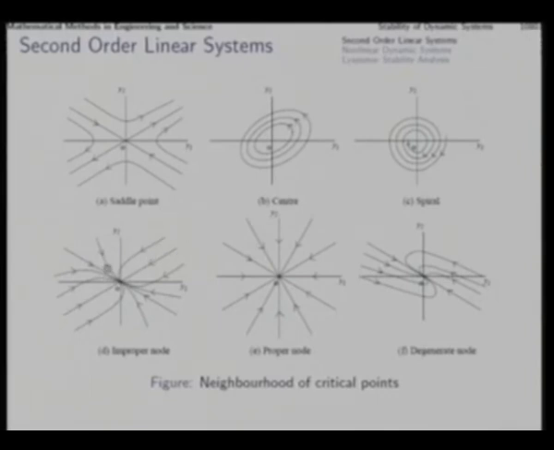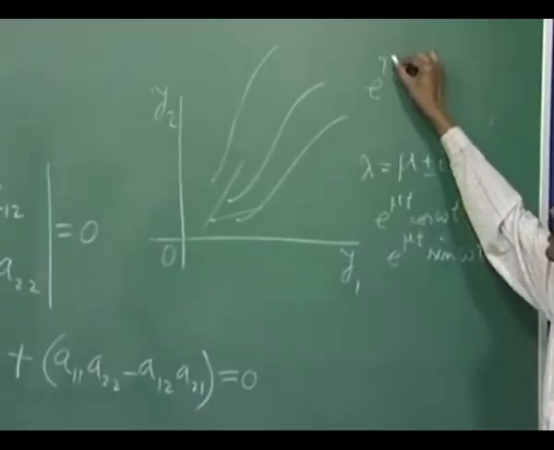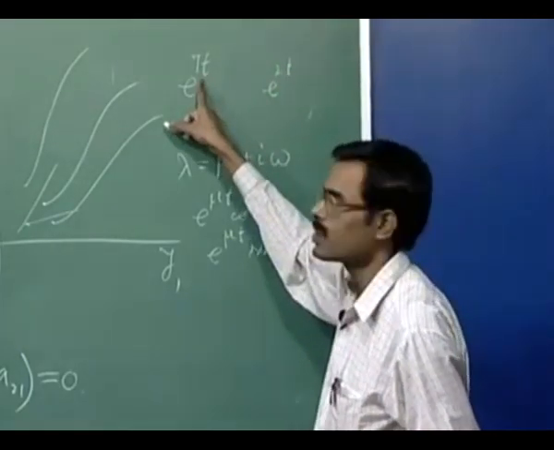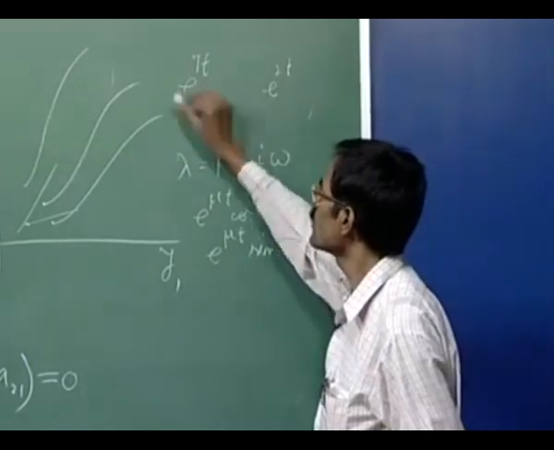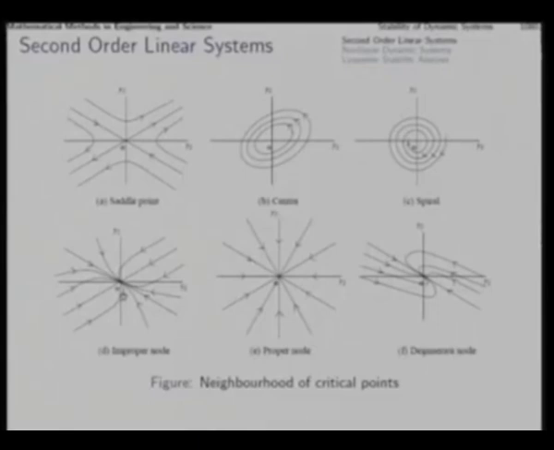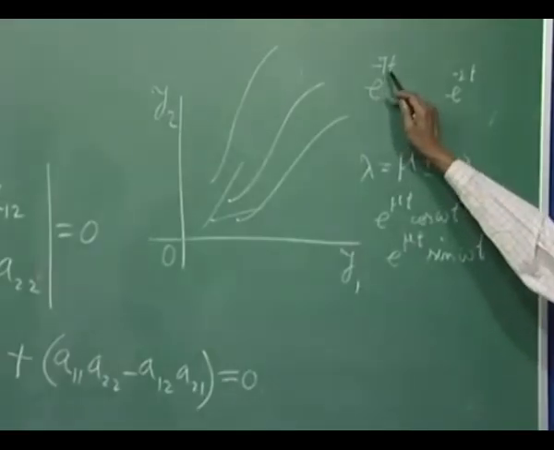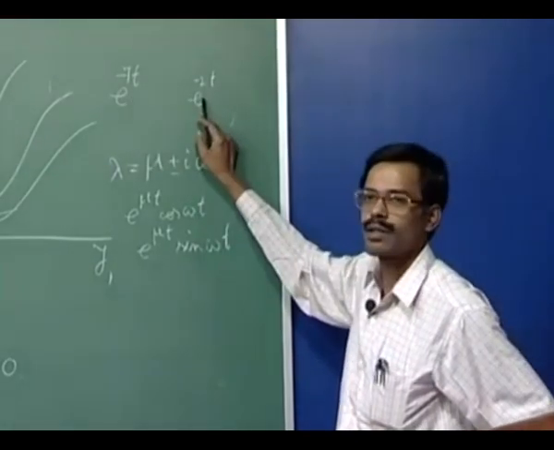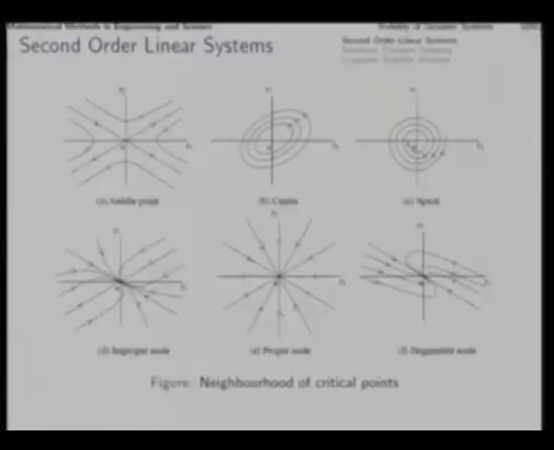But if one of the eigenvalues is large, that means the rate of approach for that particular eigenvector is faster, say e to the power minus 7t and e to the power minus 2t. So, this one is large, this one is small. As t grows, of course, you have negative if you follow this kind of plot in which the arrows are inward. So, this is e to the power minus 7t, this is e to the power minus 2t. Now, this one will decay much faster than this, and therefore,